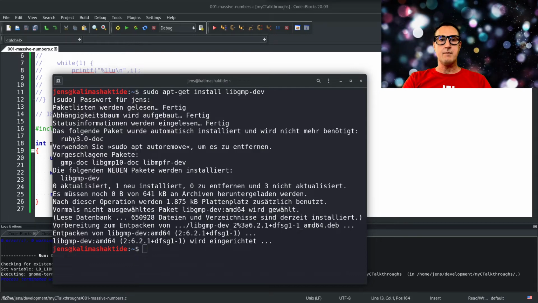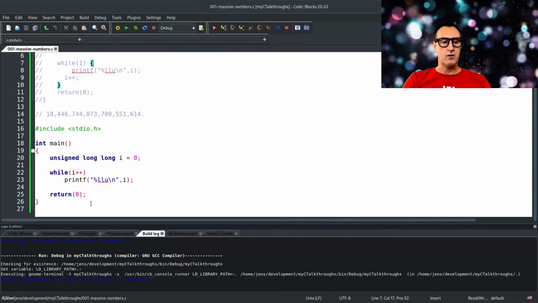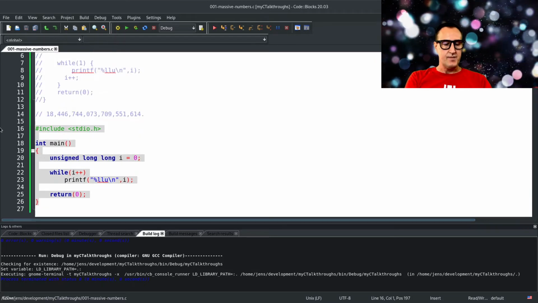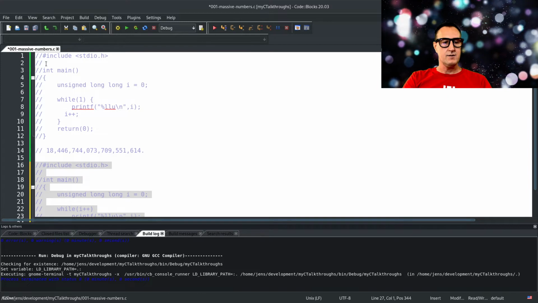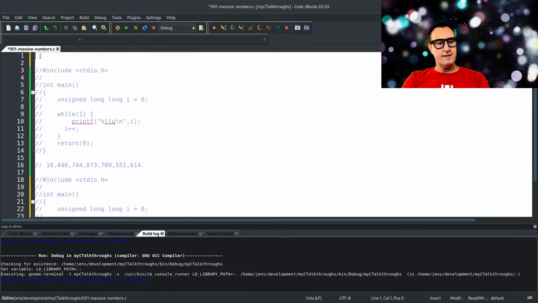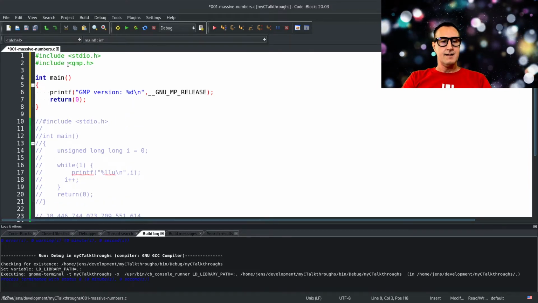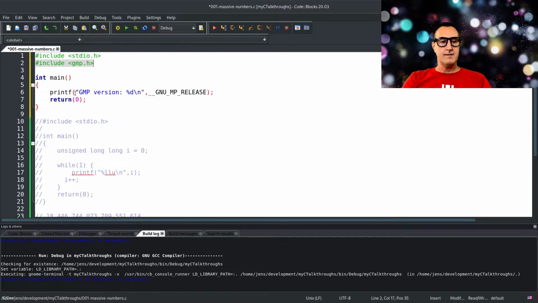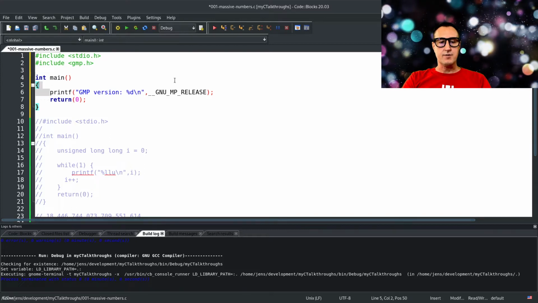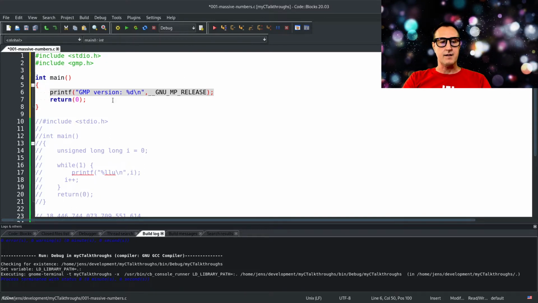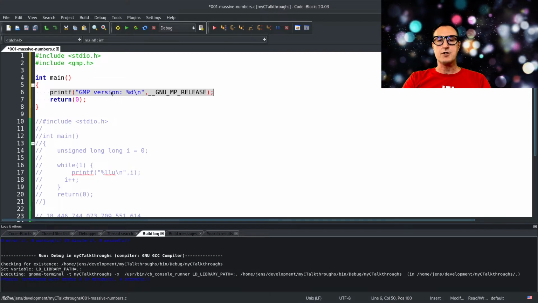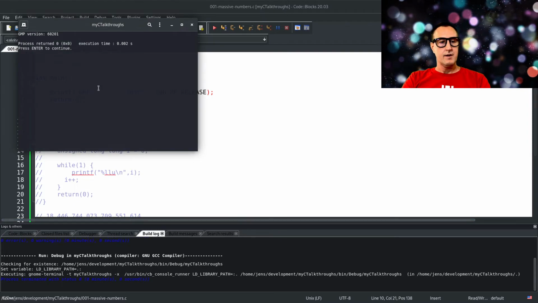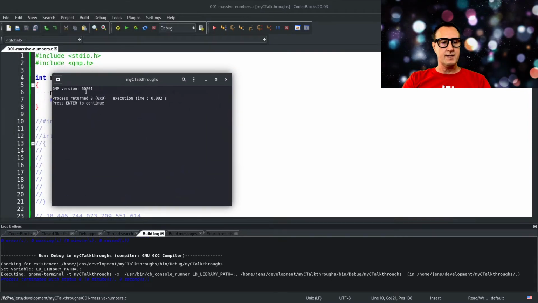And to confirm that the package is really installed, I prepared the following code here. I will quickly comment this out, and then we have a look at this. This already includes the GMP header file, and it then outputs nothing else but the included version number. Nothing else, and that gives us the version number